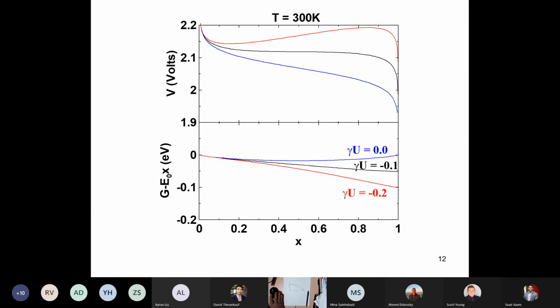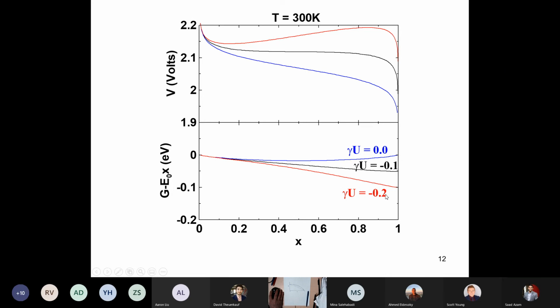So let's look at what happens when the interaction is 0. There's no interaction between the lithiums at all. They're just randomly distributed and very happy to be so. That gives you this voltage curve in blue. Or if the interaction energy is minus 0.1 eV per atom,